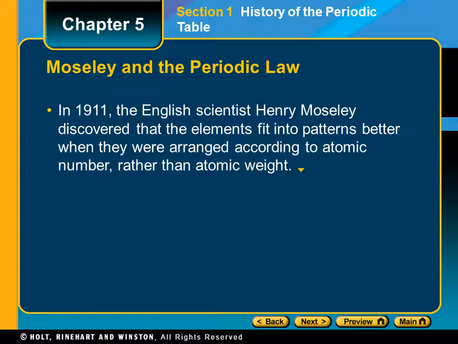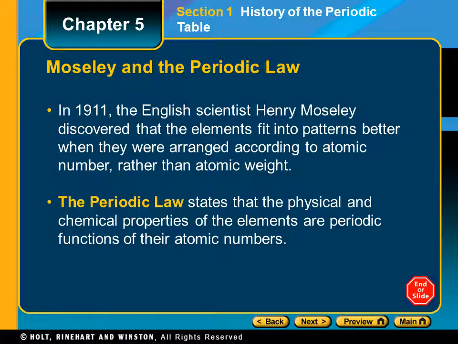So Mendeleev, without even knowing it, was still grouping these things by their atomic number, because atomic number is a part of atomic weight. Okay, and so Moseley says, well, there must be this law, and we call it the periodic law, which states that physical and chemical properties of the elements are periodic functions of their atomic numbers. So now what we know is that it's the atomic numbers that drive these properties that